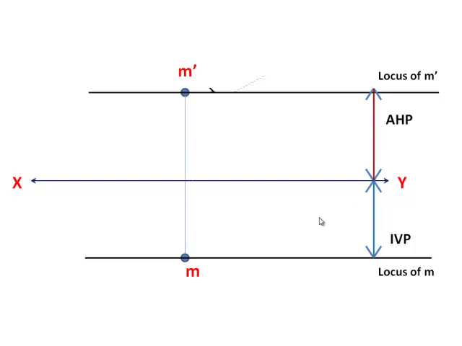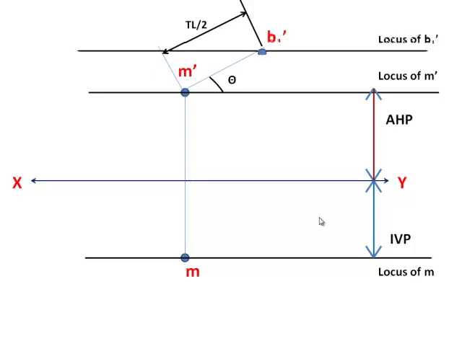After this, they will give the true length with an angle theta. Suppose they are giving an angle of 40 degrees and the true length is 80 mm. From the midpoint to the topmost, what will be the value? True length is 80 mm, so from the midpoint, the top value is 40 mm. So can I say this distance is equal to true length by 2? They will give the angle also.